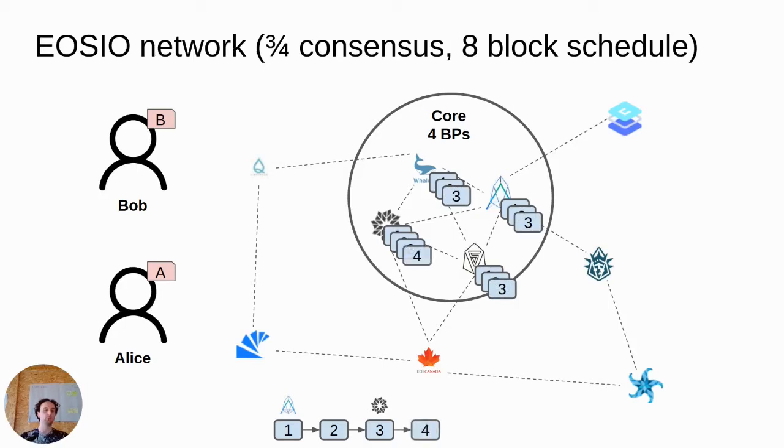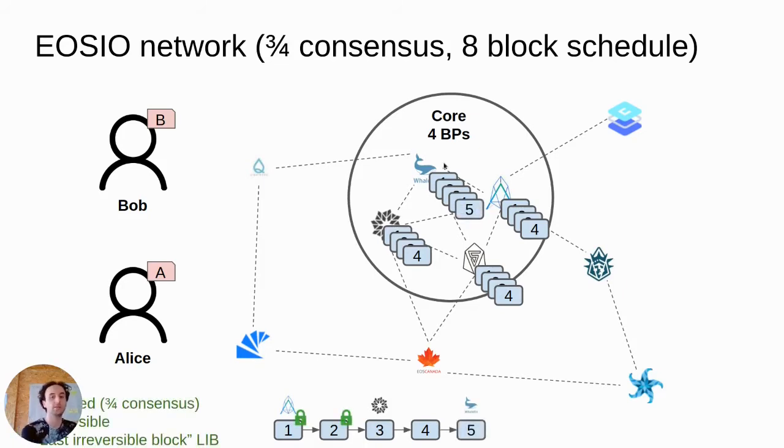First, they do the core block producers, and they'll keep syncing it. Remember, if they break the rules, they'll be able to be cryptographically detected, and the other nodes will not synchronize. They will not accept the block, and they'll just stop synchronizing. So now, once we get to the next